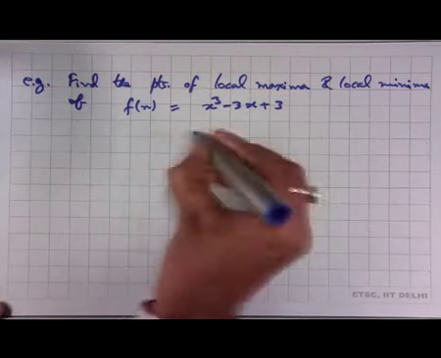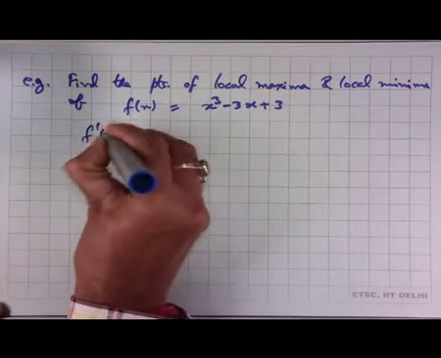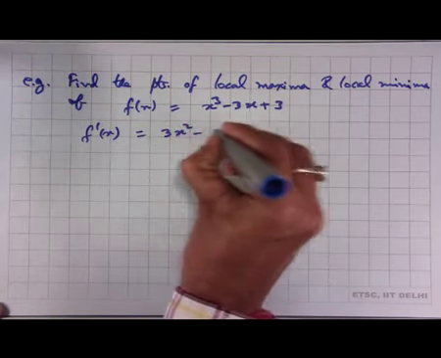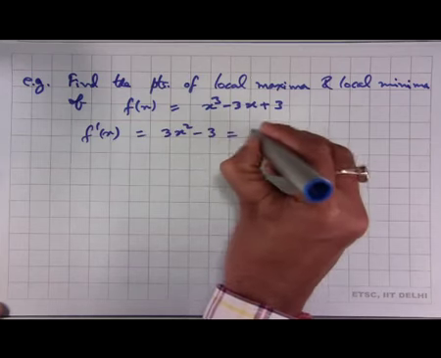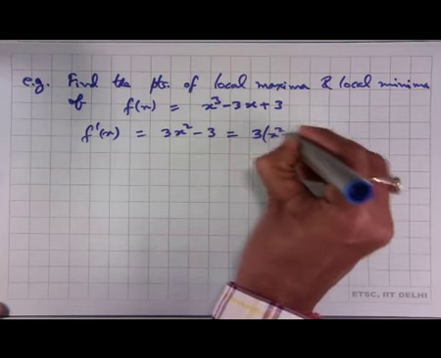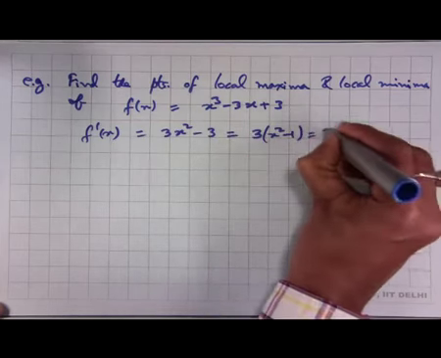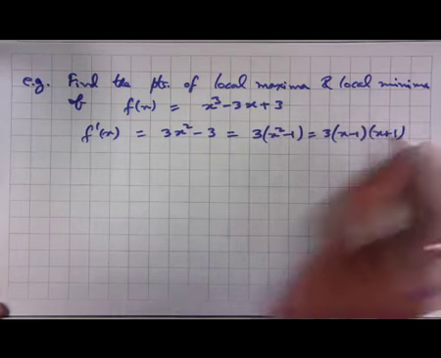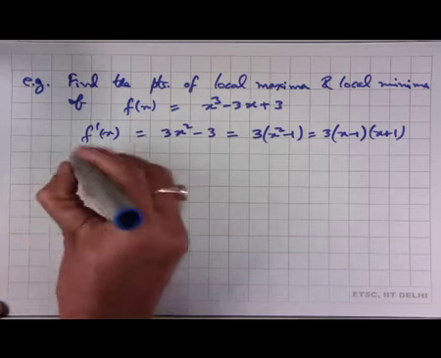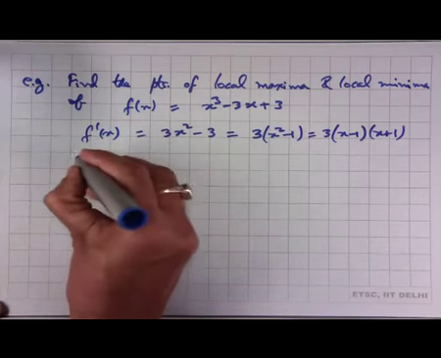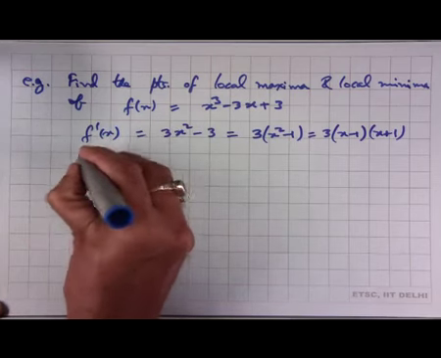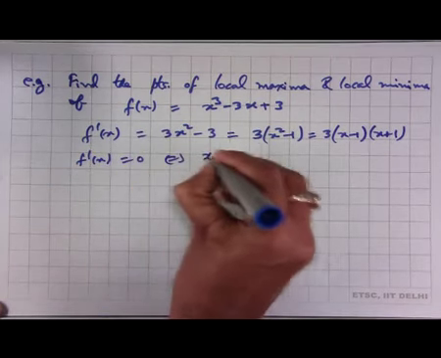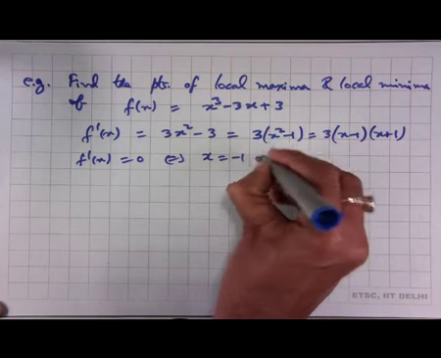So, we find the derivative f'(x), this is equal to 3x squared minus 3, which is equal to 3 times (x squared minus 1), or 3 times (x minus 1)(x plus 1). So, first we find the zeros of f'(x). f'(x) equal to 0 if and only if x is equal to minus 1 or x equal to 1,